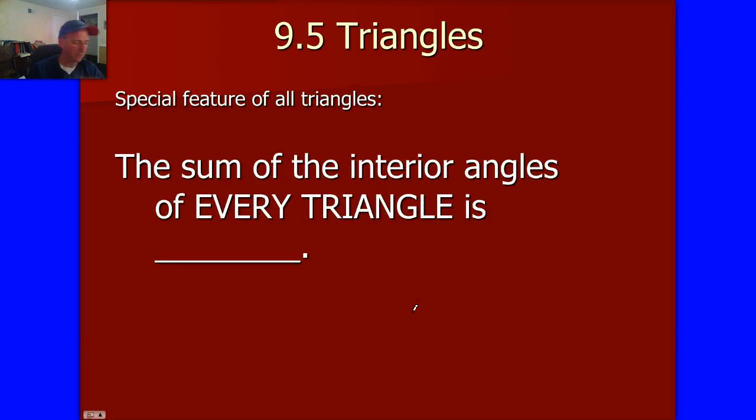Okay, now here's something that is probably going to be on the final for you, as well as the homework and the test. That is a really interesting fact about the triangles, and that is that if you take the sum of the interior angles of a triangle, it always will equal 180 degrees. So in other words, if I have a triangle like this,